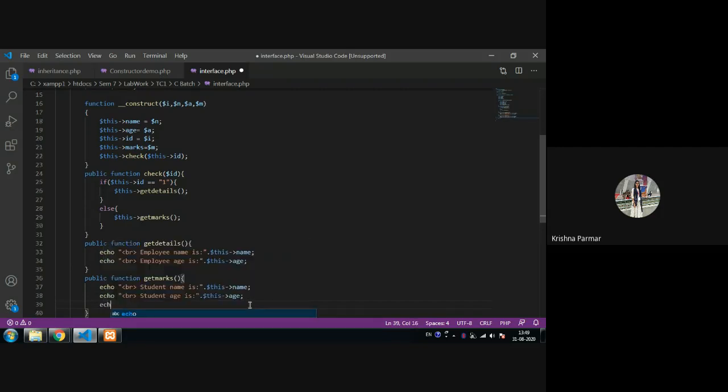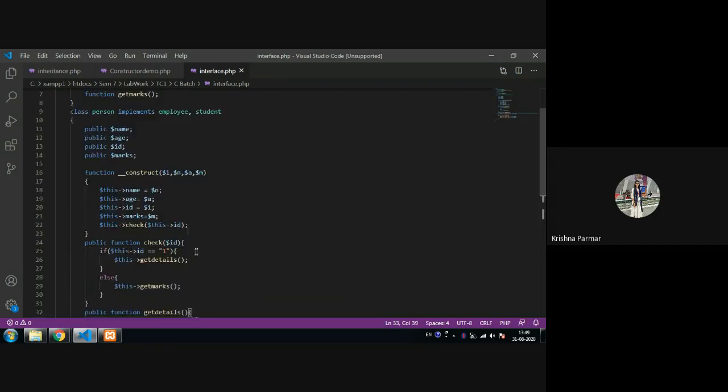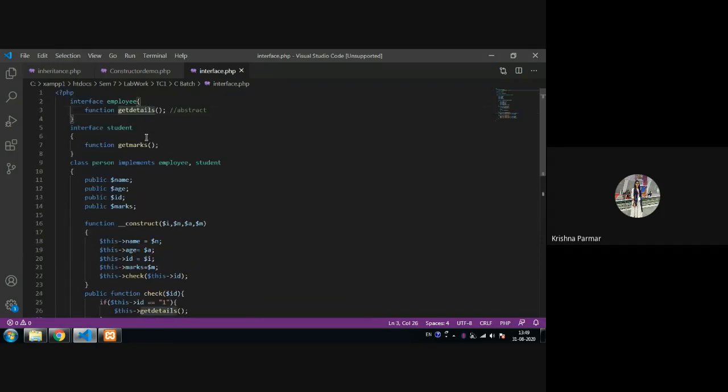So echo br student marks is like this, marks.